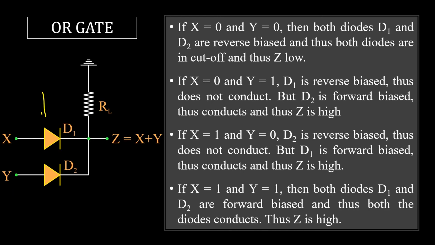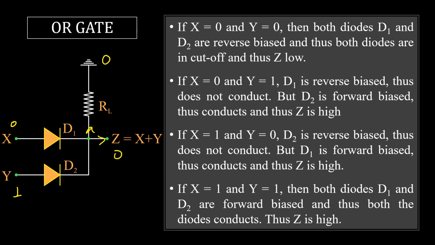OR gate. Now I have once again put the diodes in the reverse direction. We have earth here, that is, here the potential is 0. Suppose the input is 0, here also the input is 0. Both the inputs are 0 and here the potential is 0. So current will not pass. Because there is no current here, the voltage here is going to be 0.